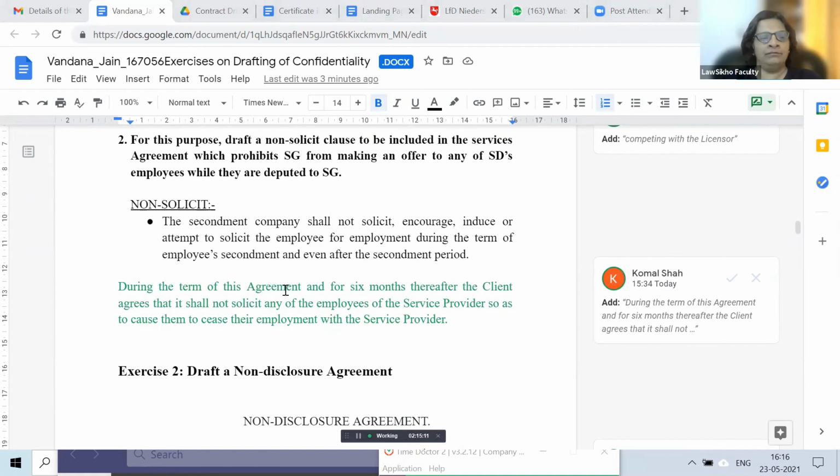But though he was employed with us, he took employment with some other organization also. During the PF audit, we got to know that he was getting PF from another organization. So we went the civil way. But is there any criminal liability which we can impose on him? In an employment agreement, what else can you impose? It's a civil agreement. Yeah, it's a civil one, but I went through all of the sections of the IPC.